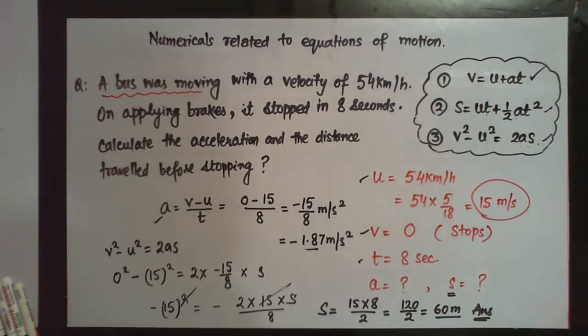In the next video, whenever we meet next time, we would be solving a few numericals which are based on gravity, acceleration due to gravity, when a body is thrown up or when a body is coming downwards. That would be a little bit of a different question. There we have to take acceleration as 10 meter per second square or 9.8 meter per second square. The equations would remain the same.